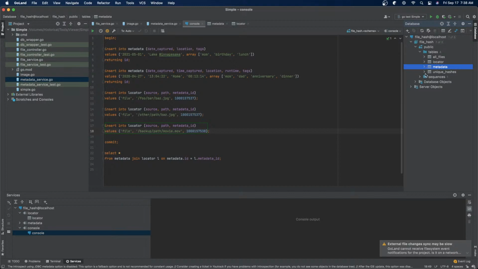And we have a locator table, which currently just has the source and the path, and then a reference back to the metadata table. So this means we have a one-to-many mapping between the metadata table and a locator, which is fine because the idea being that it could be the same thing but pointed to at different files, right? So when I join the two tables,